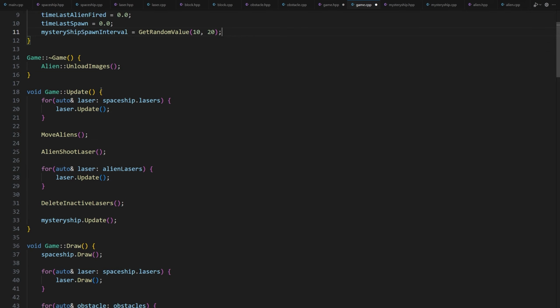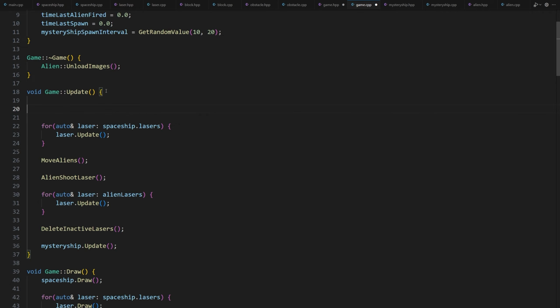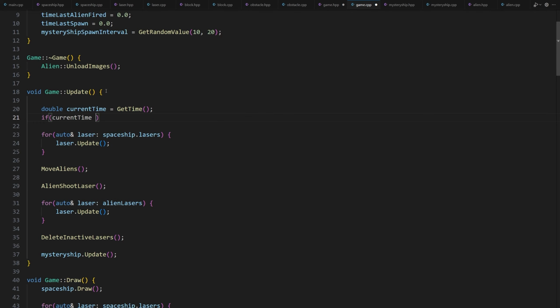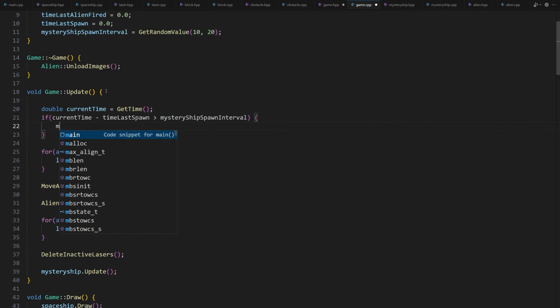Now in the game loop, all we have to do is to check if the mysteryship event has occurred. So in the update method, we will use this interval to call the spawn method if the interval has passed. double currentTime is equal to GetTime. If currentTime minus timeLastSpawn is greater than mysteryShipSpawnInterval, curly brackets, the interval has passed.